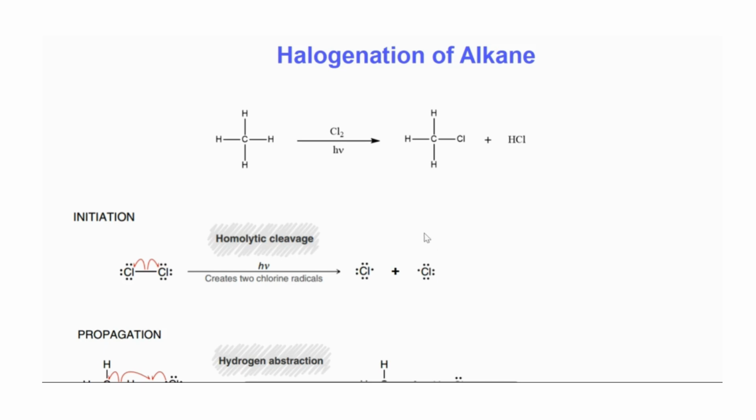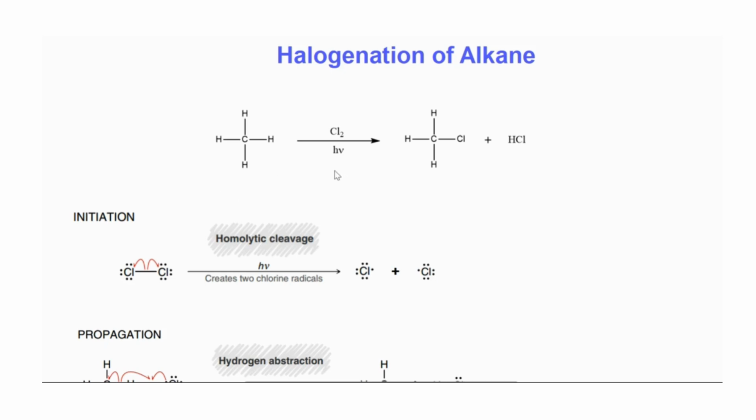Please remember that the alkane compounds are highly inert compounds. Most of the time they will not undergo any chemical reactions. Please note it, chemical reactions under normal conditions. Please remember that alkanes will not undergo any chemical reactions under normal conditions with any acid, base or any oxidizing or reducing agents. However, under special circumstances, they will undergo halogenation